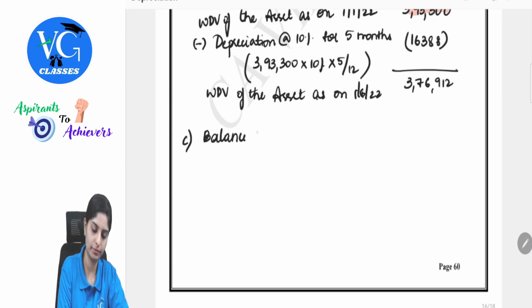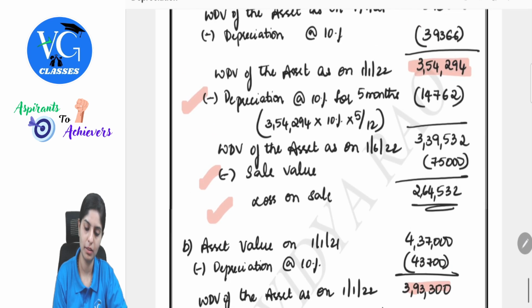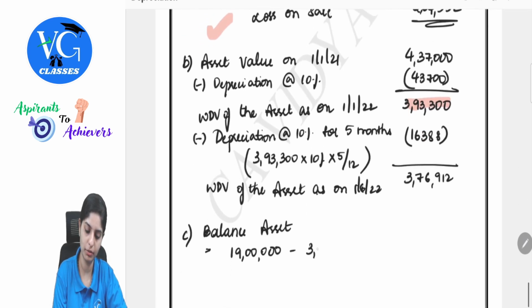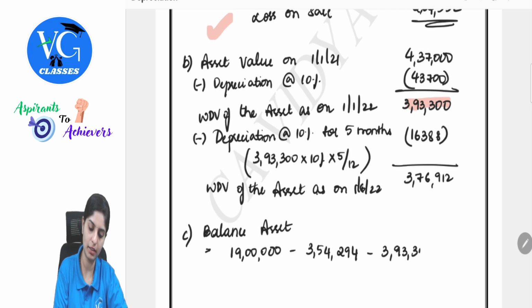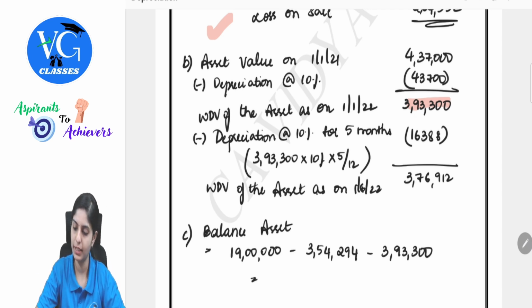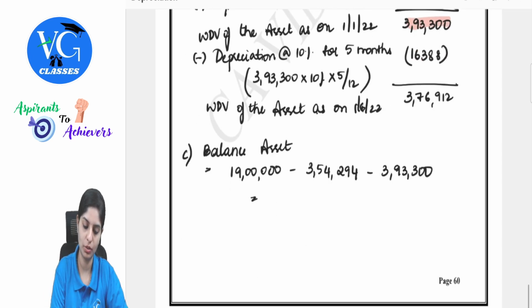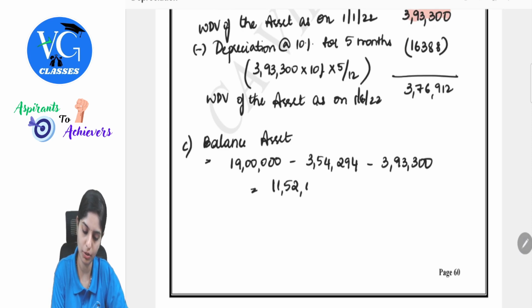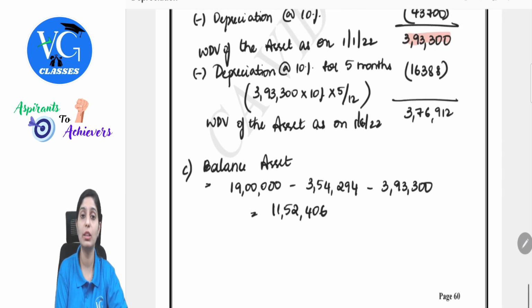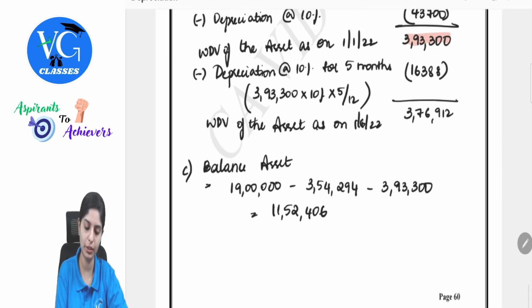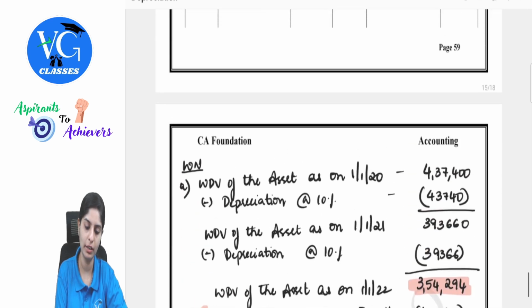balance asset, 19 lakh minus 354,294 minus 393,300. So 19 lakh minus 354,294 minus 393,300. So that will be 11 lakh 52,406. So on this, I will have to charge depreciation for the year end, that is at 10% on which